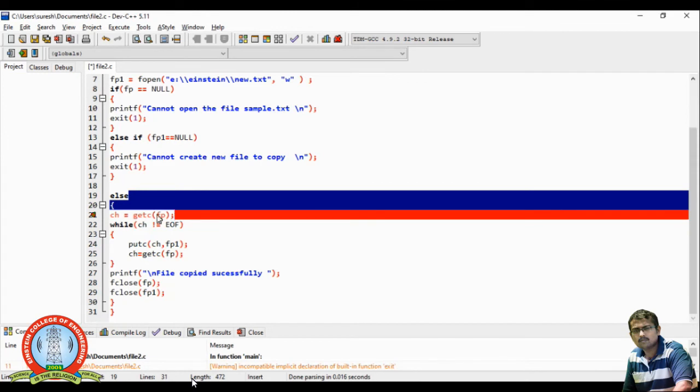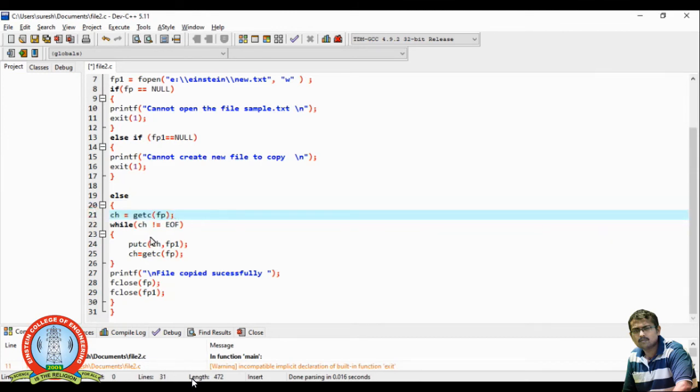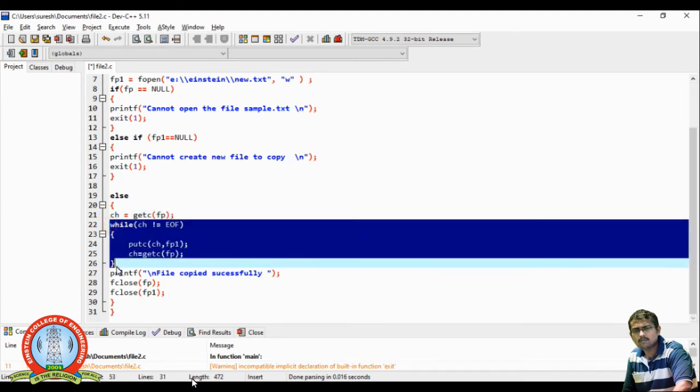Now I read the characters one by one. This is the else part, which will be executed when both the if and else if fail. I keep on reading, as we have seen in the previous cases.